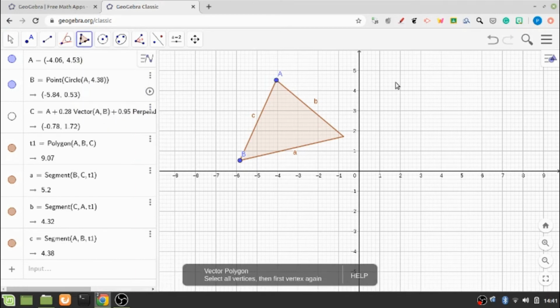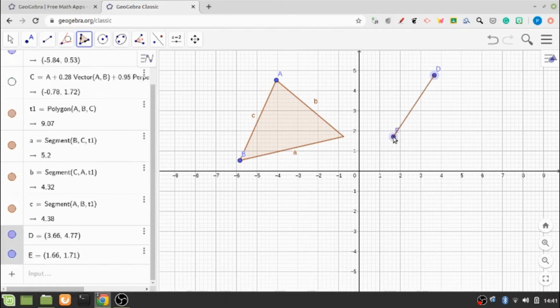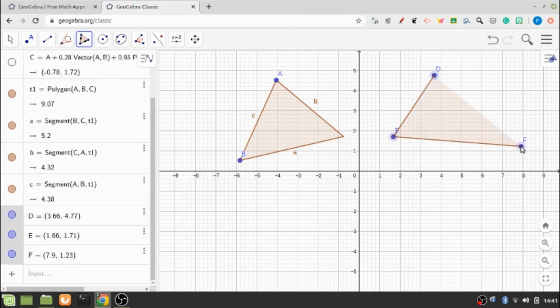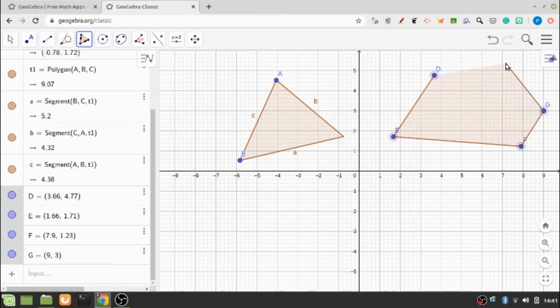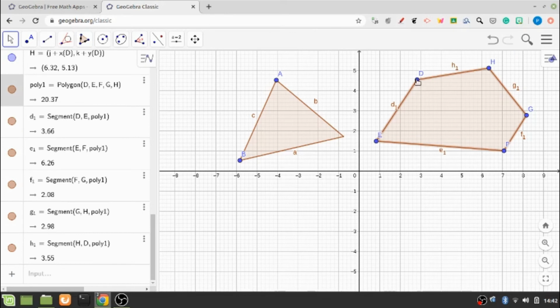If we choose the option vector polygon, and I click on one point designated by D on this graphic window, then again I click on the next point designated by E, then the next point F, then G and H, and I make it a pentagon.